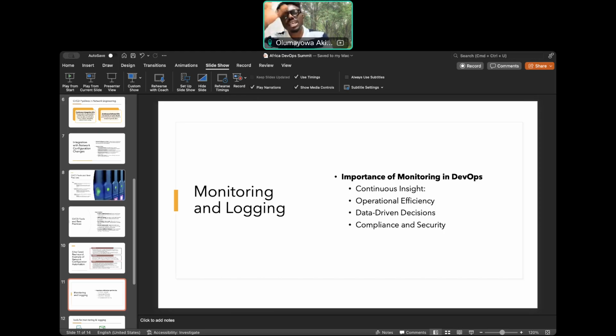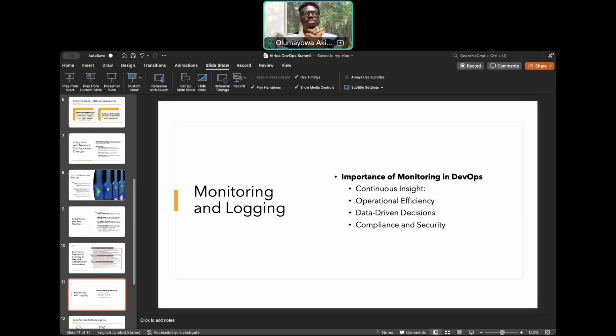Tools like Nagios, for people that are quite familiar with Nagios. Then data-driven decisions. The monitoring data helps in understanding network trends. You're seeing maybe it goes down, the customer base is growing, they need more capacity, they need more bandwidth. So many things going on. So this helps us see what's going on, and also facilitates data-driven decision making for network optimization and upgrades.